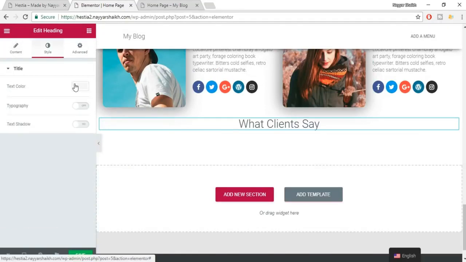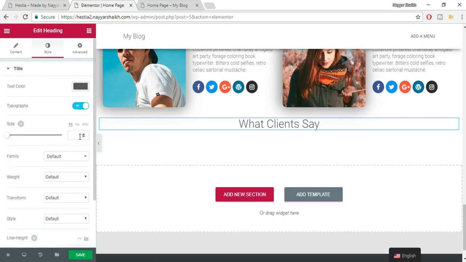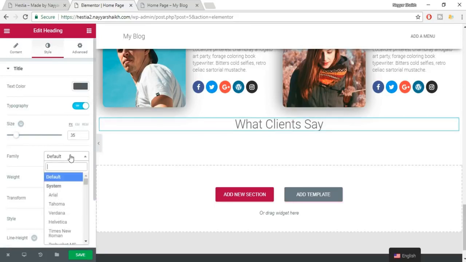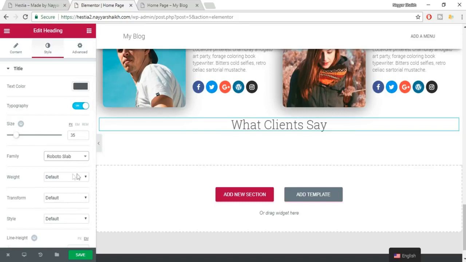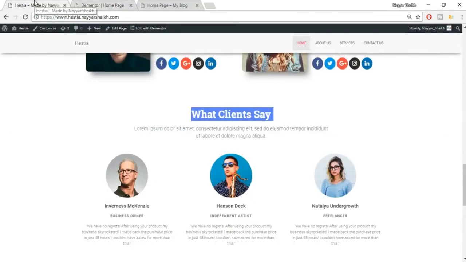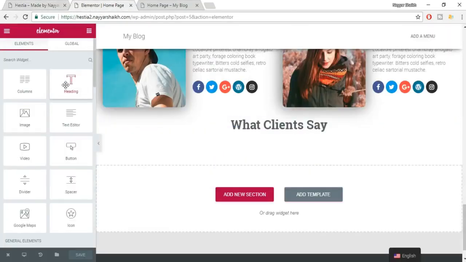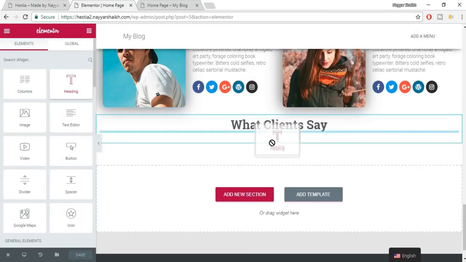Center align, go to style, change the color to dark gray color. Typography, like always, size 35 pixels, font family, Roboto slab because it is a title, weight 600, everything looks fine. Click on save. Now let's see, we have this subtitle, copy, come back over here, again bring this heading